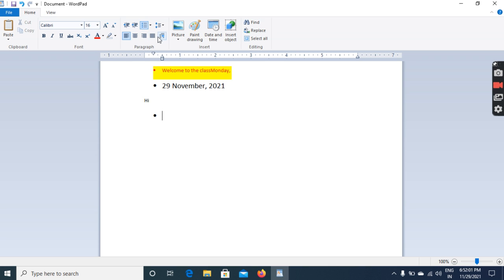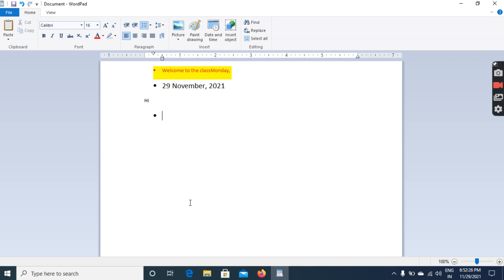Now I'll come to Home and I'll show you. You can see Paragraph. This Paragraph is a group. See, it has been highlighted. So this is a group. The ribbon is here. This portion is called the ribbon, and this space where we write everything is called the document area.